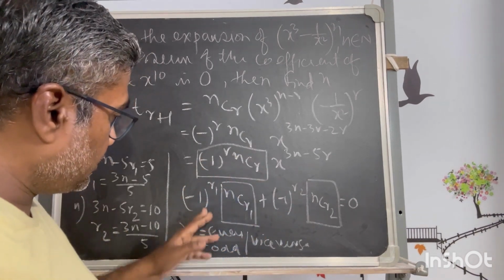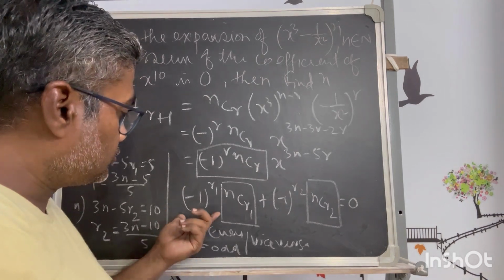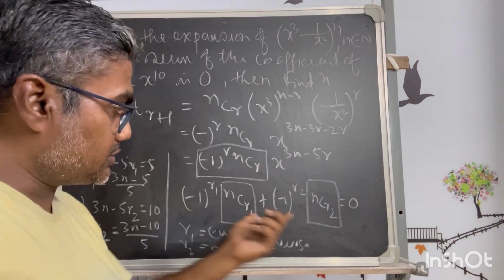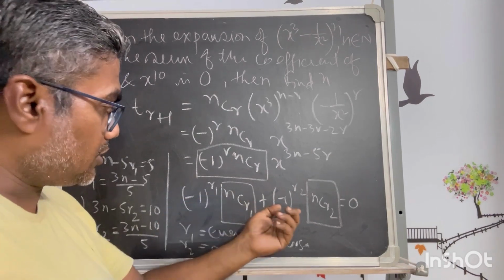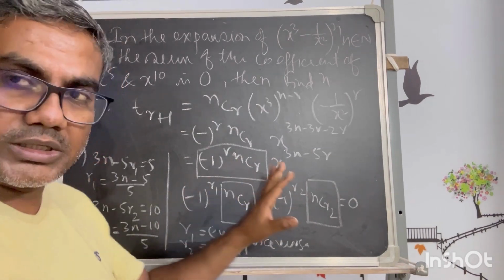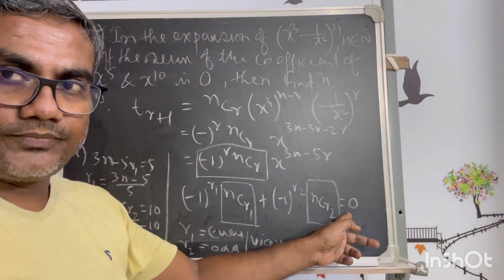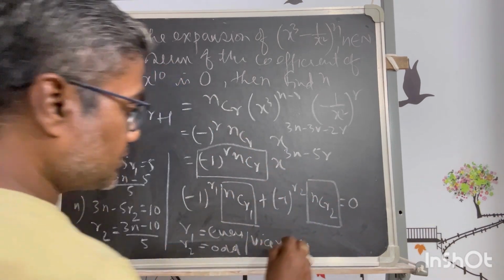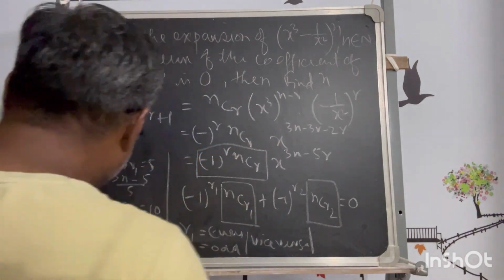For any value of r, if it is even, r2 must be odd to give a negative, and this is giving a positive, or vice versa. This is even, this is odd, or this is odd, this is even, alternate sign, and this value must be the same to give 0. Okay, so now if it is understood and accepted, then what we can say,